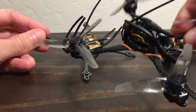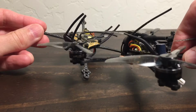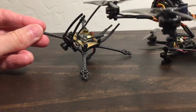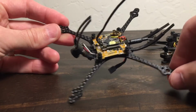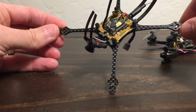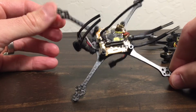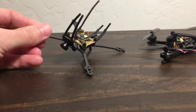tight builds, and if I can't get this to work right with soldering, I wouldn't recommend it, because I've gotten pretty good at doing some crazy micro soldering, and so if I can't do it, then I certainly wouldn't recommend it for other people. I'm not saying I'm the best out there in the world, but I'm talking about, you know, somebody who hasn't soldered up as many quads as I have at this point. So